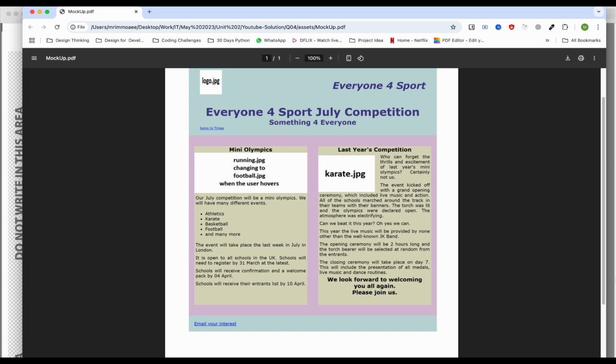It actually means the layout achieves a good sense of balance and contrast. If you look at this one, they use a two-column layout, right? One for the Mini Olympics, and one for last year's competition. So the page is divided into two columns, one for the upcoming event and one for the recap of the previous event, right? So maybe people can be inspired by seeing the previous things, or they can get an experience,